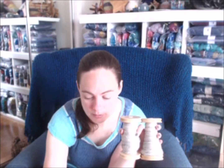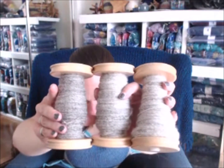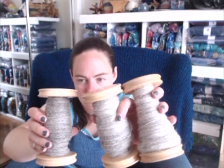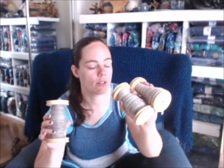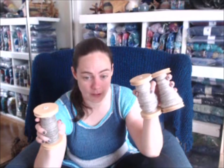I'm trying to make sure I keep everything decently contained. But I'm going to need to do some bobbin clearing because I ended up spinning 3 ounces so far. I'll bring this a little bit closer in. So this guy is a little bit darker than these two. This is the Jacob that I got at Rhinebeck 2017, I believe from Jenny Jump Farm. And this was in my bin,